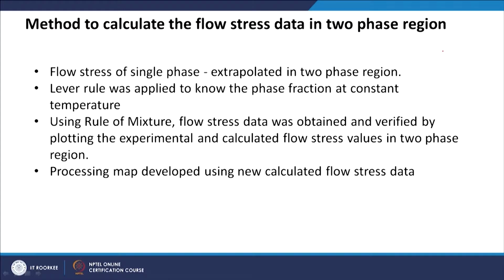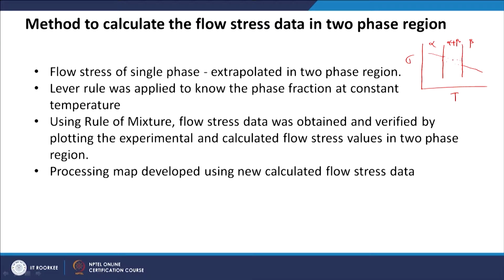So, this is the method to calculate the flow stress data in the two phase region. What is the method? The flow stress of single phase is extrapolated into two phase regions. This is what we did in the constitutive equation case study also, where we developed the constitutive equation. So, this is my flow stress data, this is my temperature. This is alpha, this is alpha plus beta, this is beta. I have some flow stress data in alpha phase, that I am extrapolating into the two phase region. Suppose I have some flow stress data in beta phase, that I am also extrapolating into the two phase region,